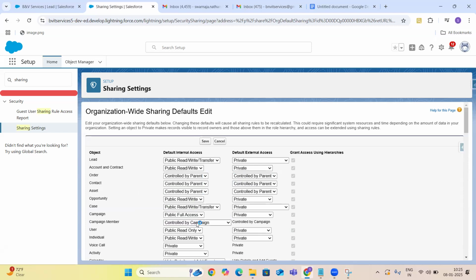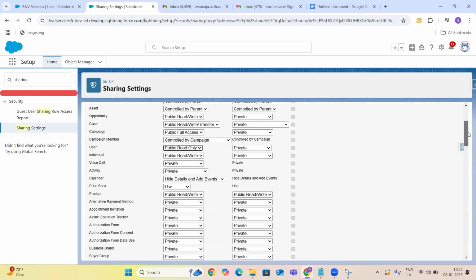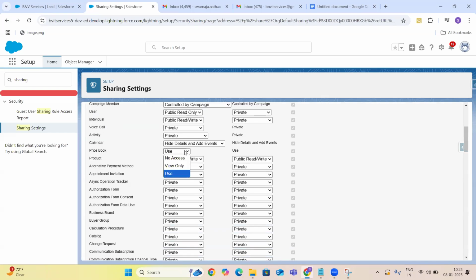Okay. For the campaigns alone, you can have public full access. You will not see public full access for any other things. Then price books is the one where you are seeing no access, view only, use.